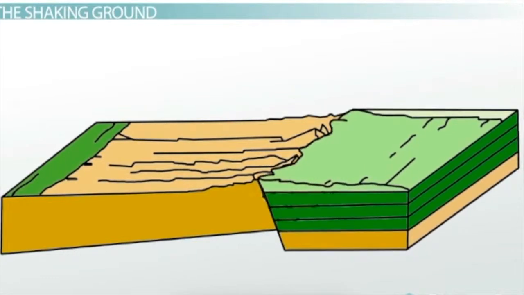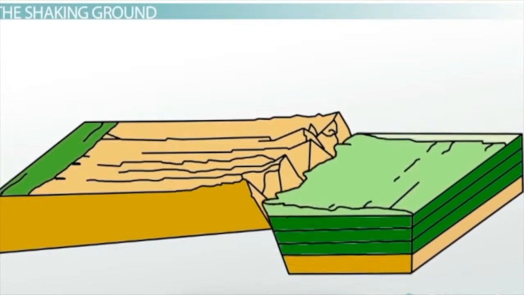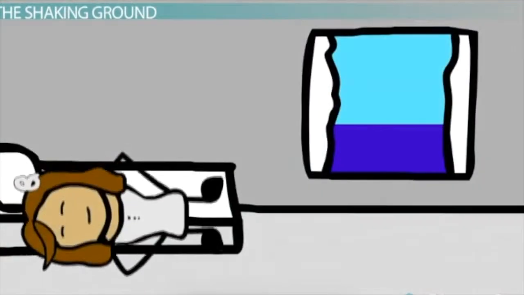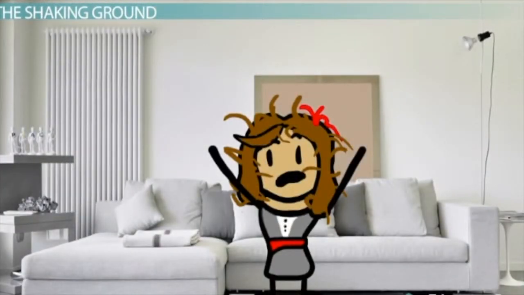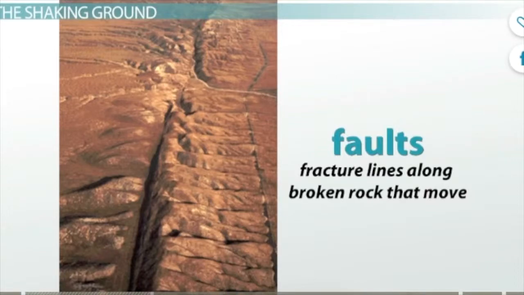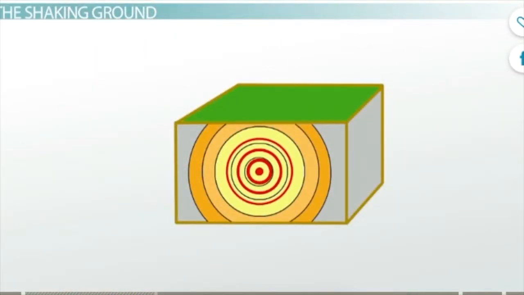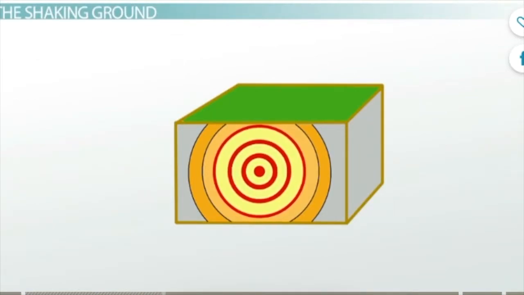The same thing happens underground when rock is stressed along plate boundaries. Rocks may be compressed when they're pushed together, experience tension if they're pulled apart, or generate friction if they're rubbed along each other. If you have a bad day and the stresses just keep building up all day long, you're likely going to snap at some point. The stress becomes too much to bear and you explode when you reach a breaking point. Rock underneath Earth's surface does the same thing along faults. These are fracture lines along broken rock that move. Movement along faults may not cause an earthquake, but if the movement builds up enough energy, the stress causes the rocks to reach their breaking points and release that energy as an earthquake.